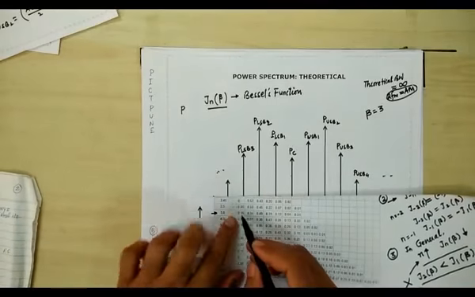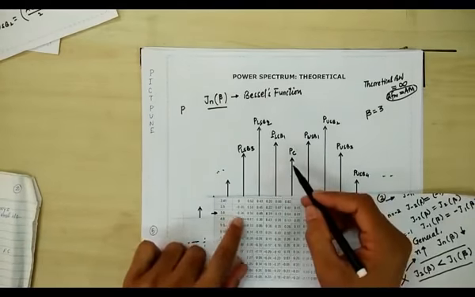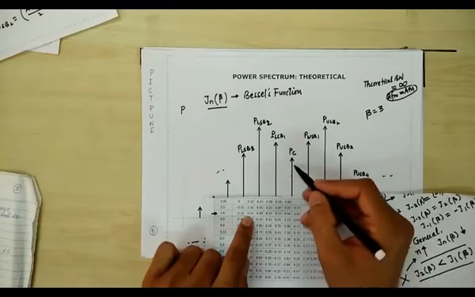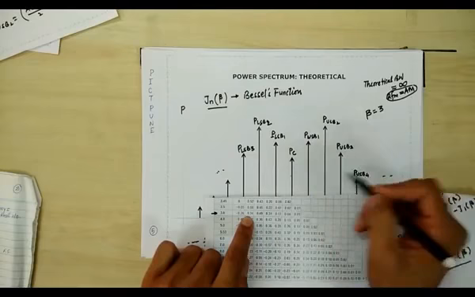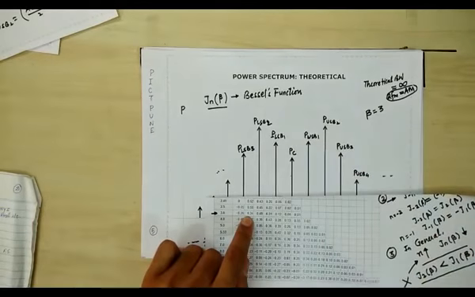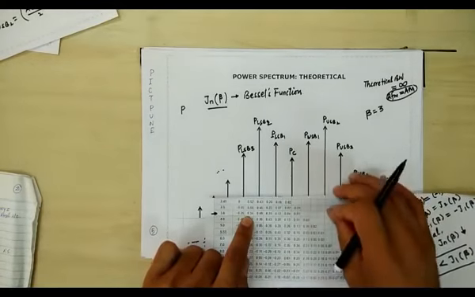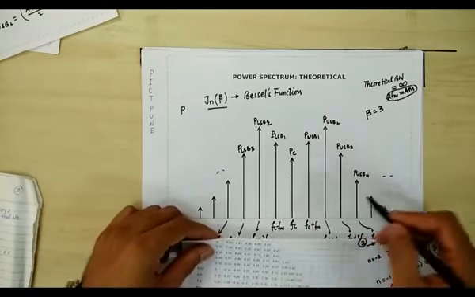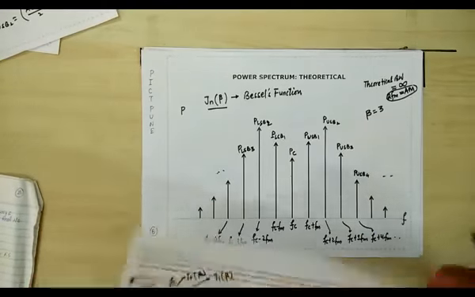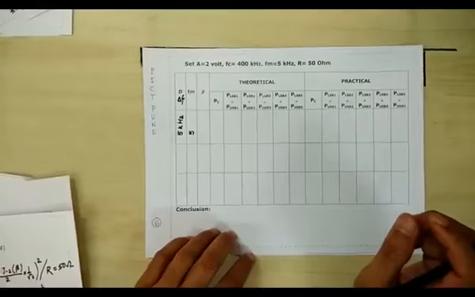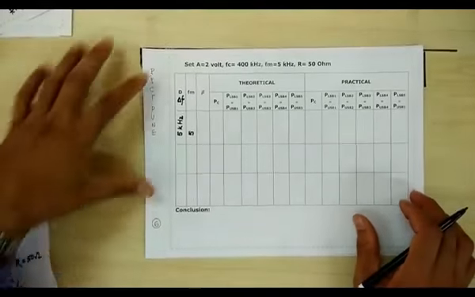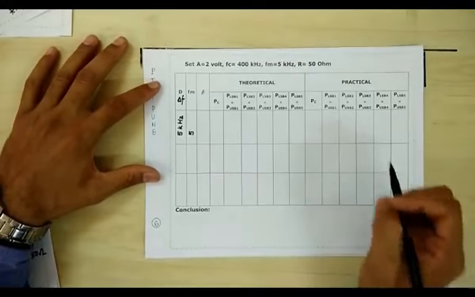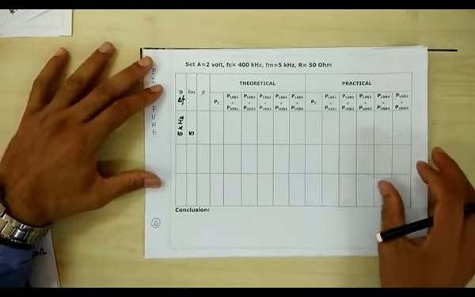So if you see, this is J0 beta, then J1 beta is 0.34, which is greater than this 0.26, and so on. So the power also gets increased by increasing these beta values, and they have this kind of shape when you look at the spectrum. So let us take some cases so that we can verify our theoretical values with the practical values.